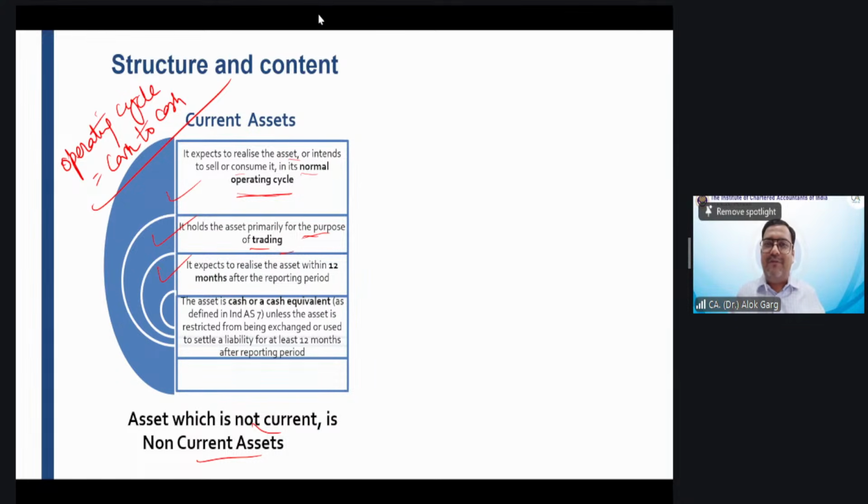So what does it mean if you show it as a current? It means you are going to shut down your business, right? So you have to look at the facts of the case. Is that correct? Electricity deposit has to be normally shown as a non-current asset. Is it correct?